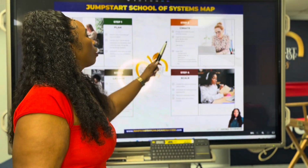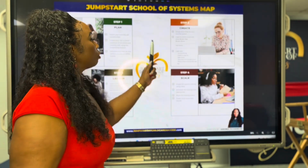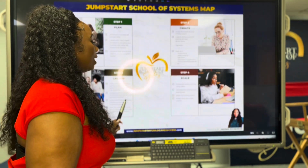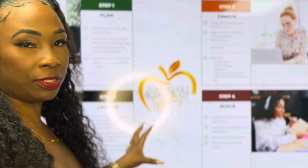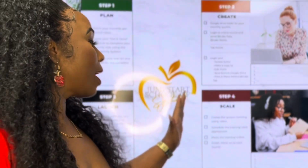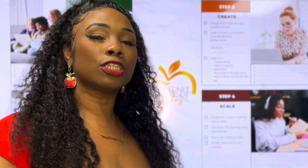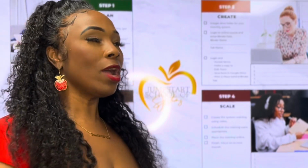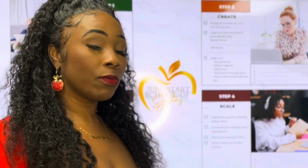So once we go through step 1, which is plan, step 2, which is create, step 3, which is launch, step 4, which is scale. Once you have launched your systems and you use it according to the Jumpstart School of Systems model, you are now ready to scale. Scale is where you go into execution mode. This is when you have proven that what you set in place will work for your organization. And we include the following processes: